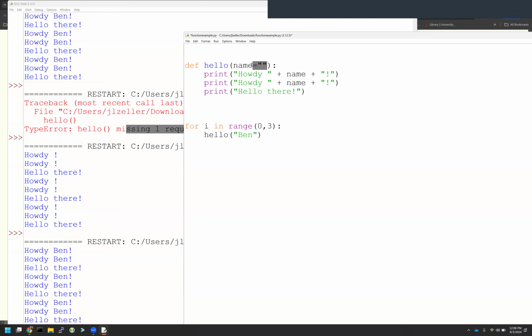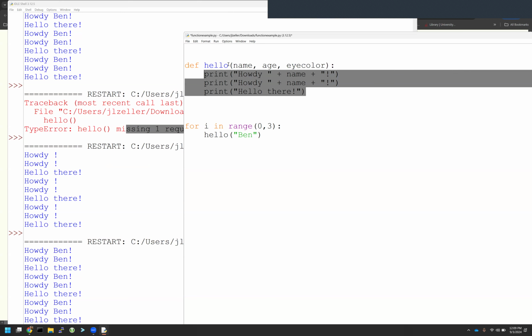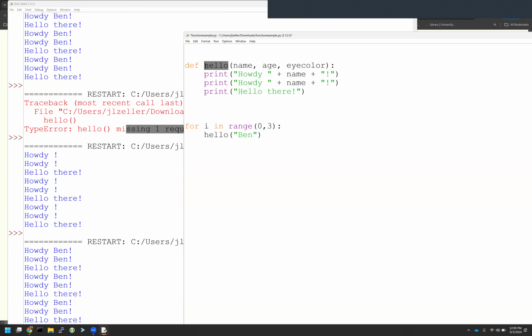You can have multiple items that we come in here. So we could have name, age, eye color. Why not? And we may change something in here and say print something like person stats for whatever reason. That's what we're going to call this, right? And we could say print